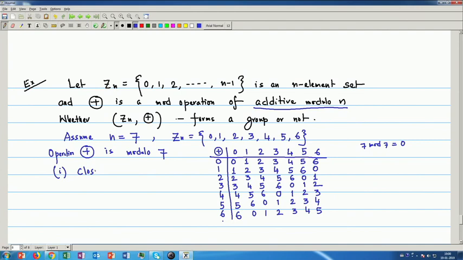So, the closure property holds, because my matrix elements also lie between 0 to 6. Now, associative, since it is addition. So, we can take A is 4, B is 5 and C is 6. So, I can take 4,